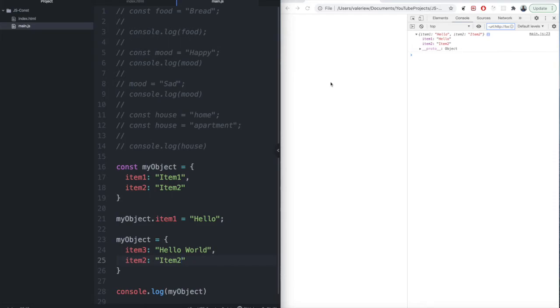So now let's refresh our console and see what we get. Now we see the following: uncaught type error, assignment to constant variable. What that basically means is we've taken this const variable and reassigned it to a technically different object. Even though it is still an object, the internal structure of the object has changed, and we're not allowed to